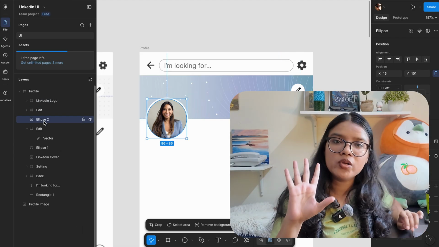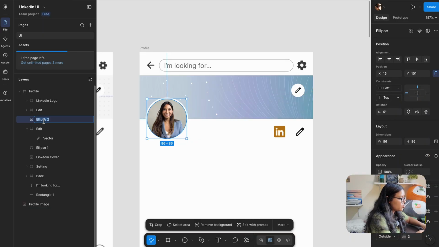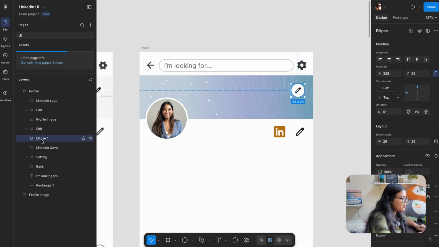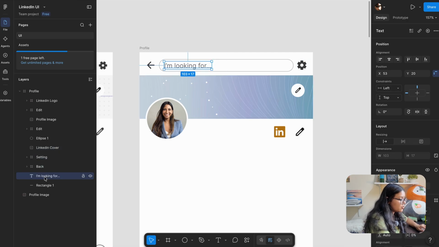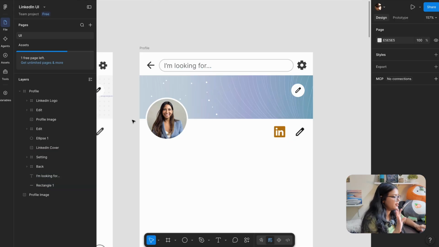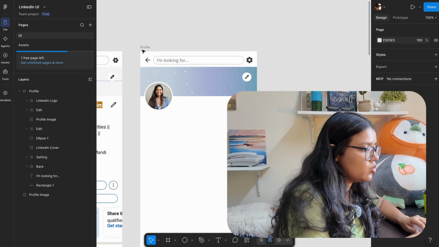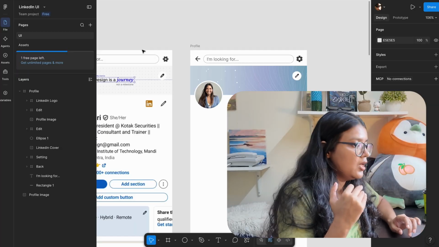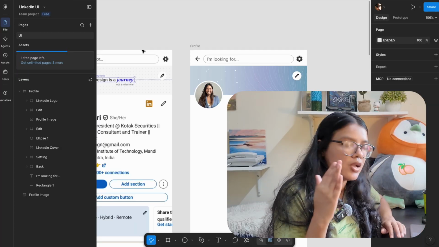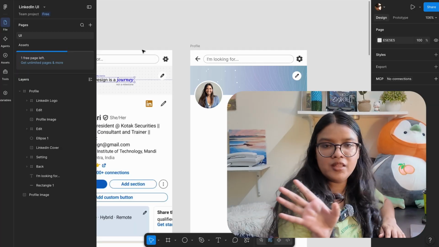एक काम करते हैं, इनको accordingly name भी कर देते हैं, ठीक है. So this is going to be profile image. ठीक है, I'm going to close it. This is another edit icon, okay. This is the background for that edit. I'm going to let it be for now. This is the cover, settings icon, back, text or rectangle. ठीक है. For now, let it stay like that. Okay. So this is how our layers panel will look like. ठीक है. This is how the relationship will be. जितनी भी elements आप frame में डालोगे, that's how it will be shown in the layers panel as well.